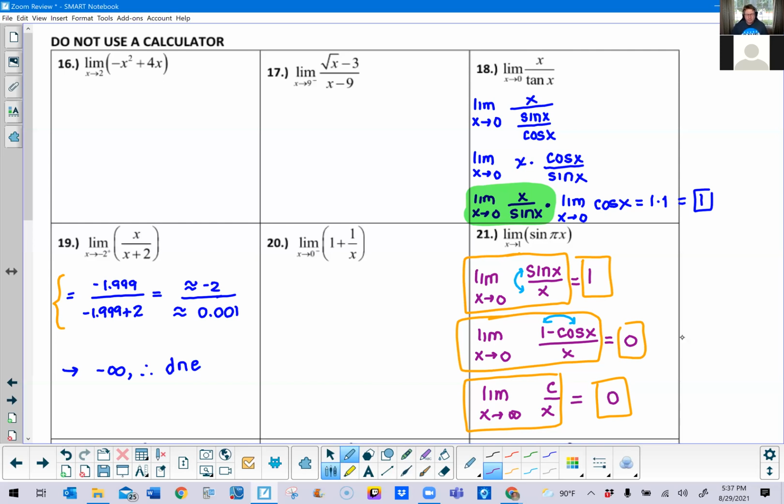I got a crush to look at number 20. By the way, number 20 is going to utilize the limit that we just talked about, and it's going to use it quickly. So in this particular case, you are allowed to split the limit into two separate pieces. Remember, we had a discussion of that particular limit property, as long as both of these limits are defined. If either one of these does not exist, we're in trouble. And very quickly we discover,